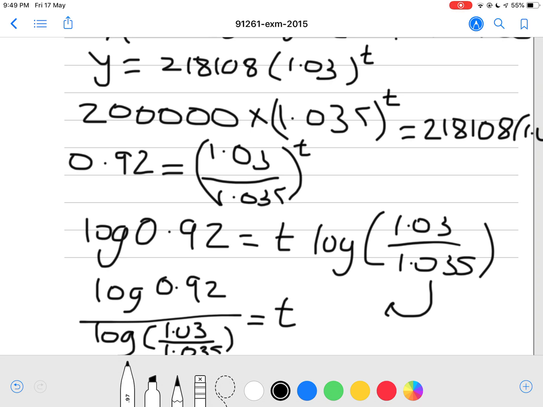And if you plug that into a calculator, remember to add brackets when necessary, okay? Don't forget your brackets. If you forget your brackets, you'll get a totally incorrect answer, okay? So remember to add brackets around your logs. So divided by log of 1.03 divided by 0.99 divided by log of